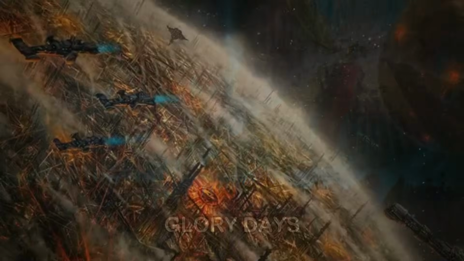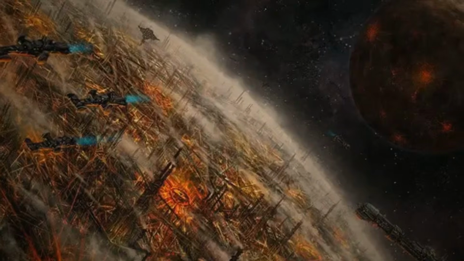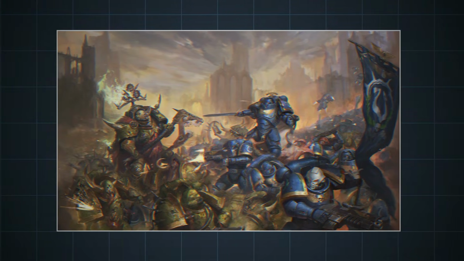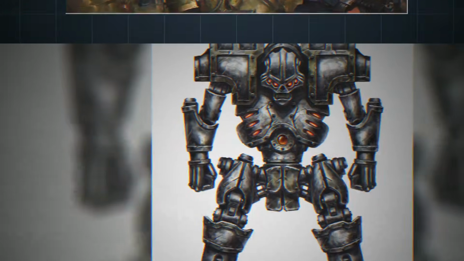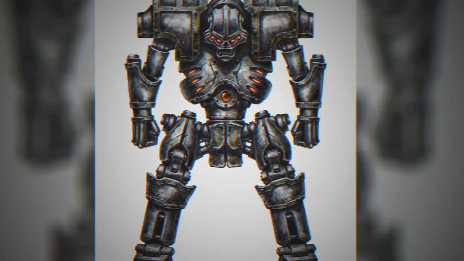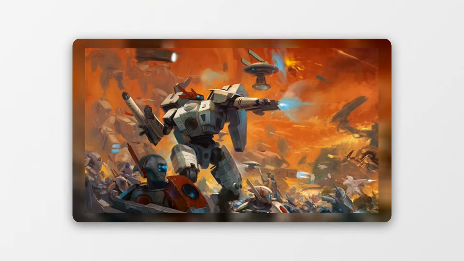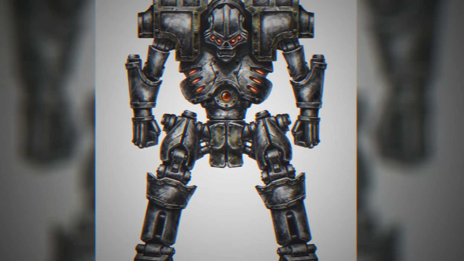Among the greatest achievements of this era was the creation of sentient artificial intelligences, known as the Men of Iron. These were not mere automatons or sophisticated calculators, but true synthetic beings with independent thought, free will, and the capacity for learning and adaptation. Designed to serve and protect humanity, the Men of Iron were deployed in countless roles, from managing complex planetary infrastructure to leading military campaigns. They were tireless, efficient, and seemingly loyal, embodying the pinnacle of human ingenuity. Their forms varied wildly, from humanoid constructs to massive war machines, each tailored to its specific purpose.